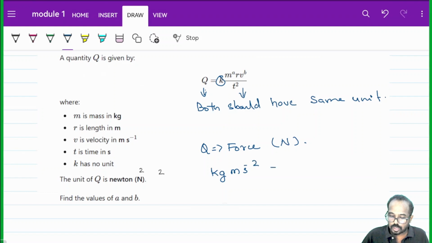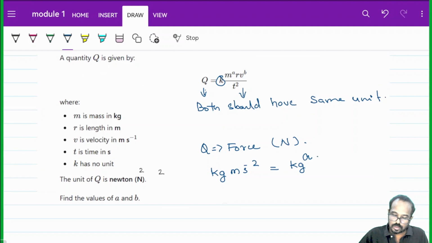So the left hand side is that quantity. When you write the units on the right hand side, both should be equal. That is the condition, the principle of homogeneity. You will apply that to this question and you can find it out. So on the right hand side, mass. Mass is measured in kilogram, kg. You will write to the power A, right? Mass to the power A. Then